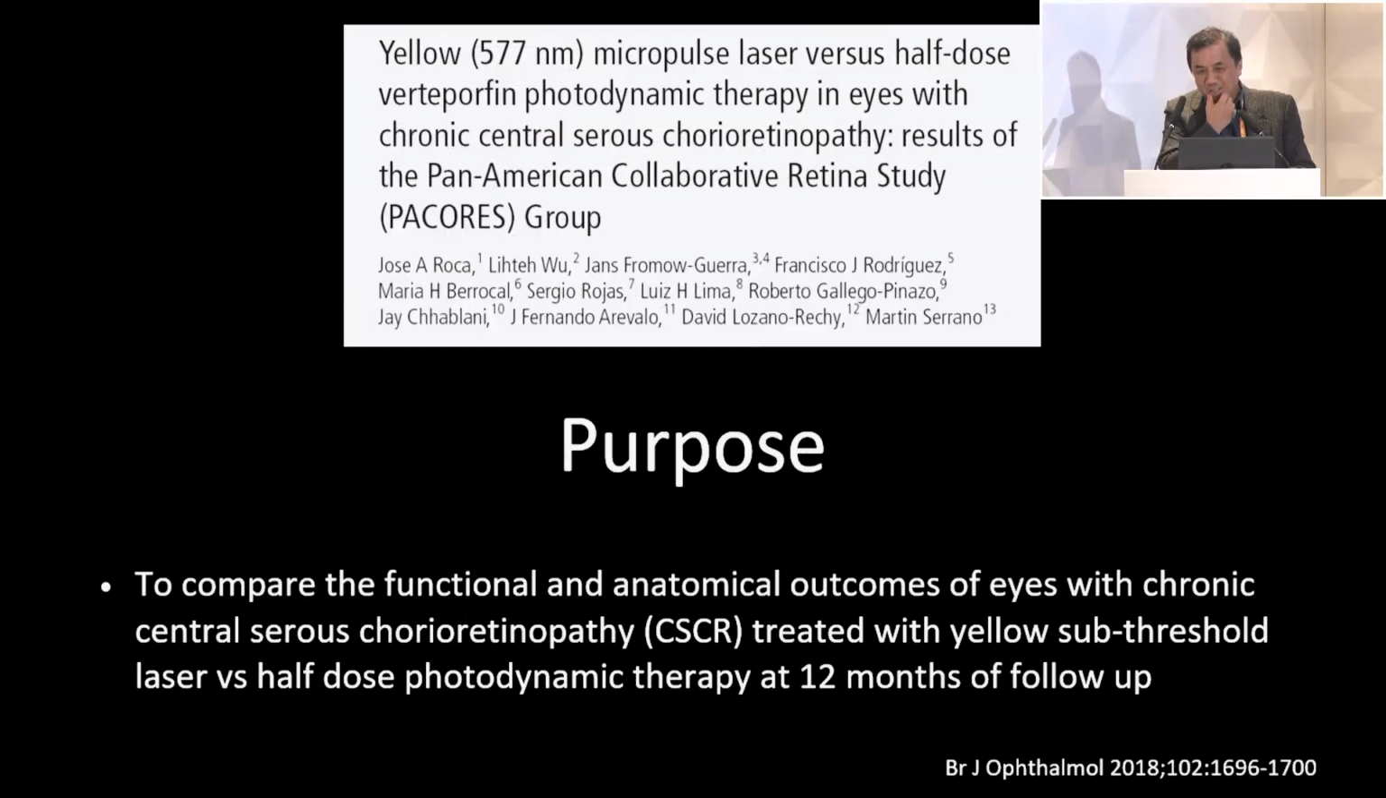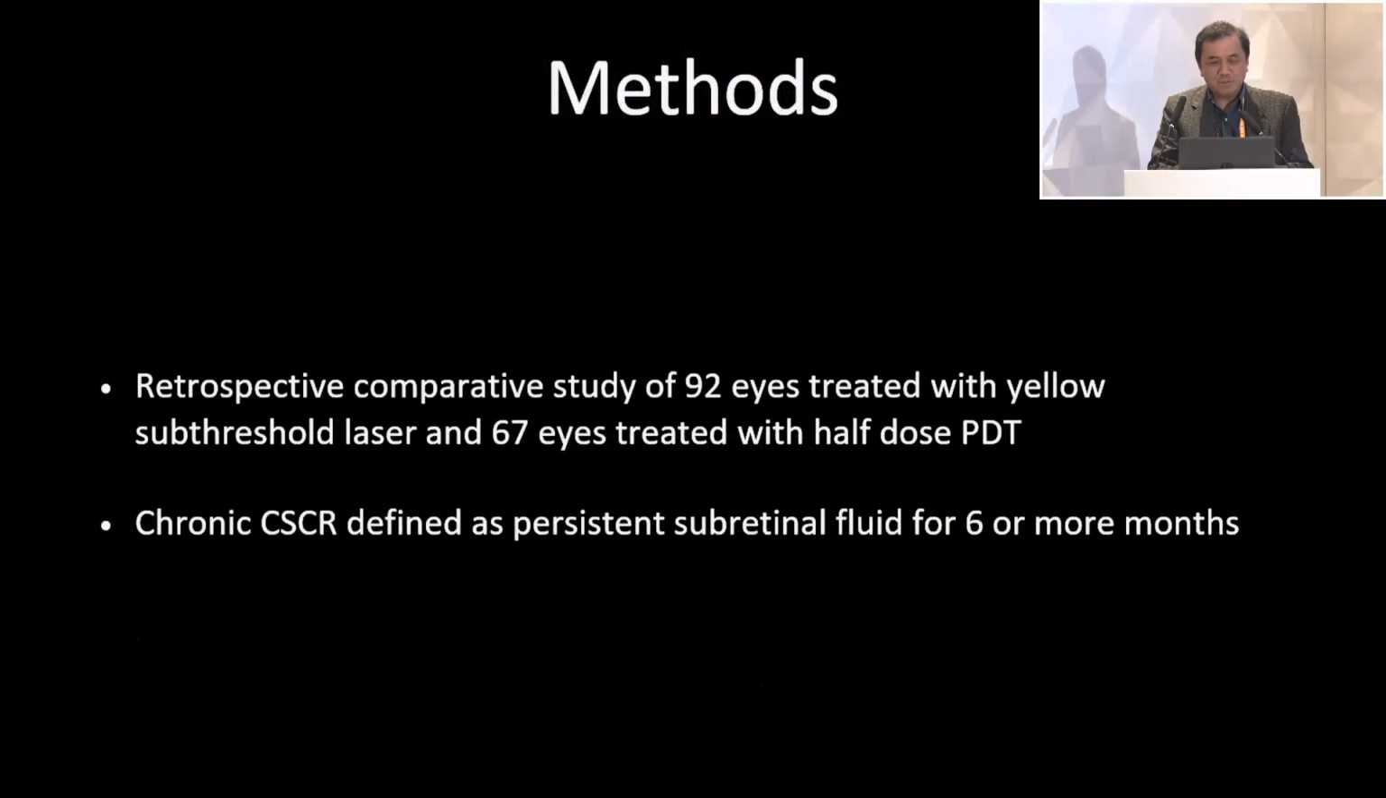So our group in Latin America decided to compare our experience with the micropulse laser compared to half-dose PDT, and we follow these patients for 12 months. This was a retrospective comparative study of 92 eyes that were treated with yellow subthreshold laser, and some were treated with half-dose PDT. And our definition of chronic CSCR was persistent subretinal fluid for 6 or more